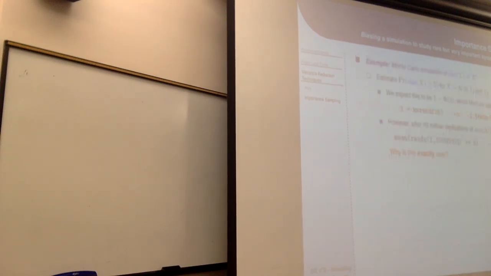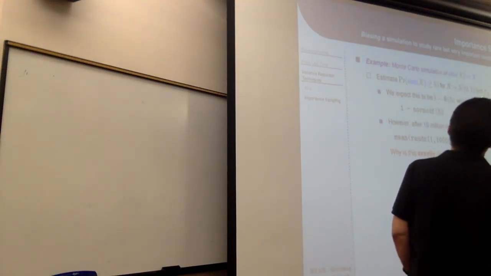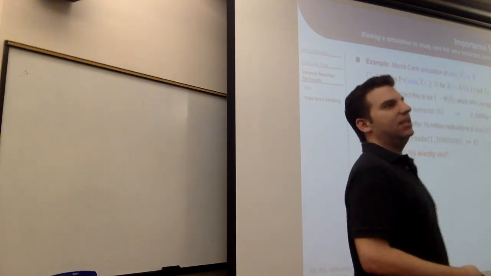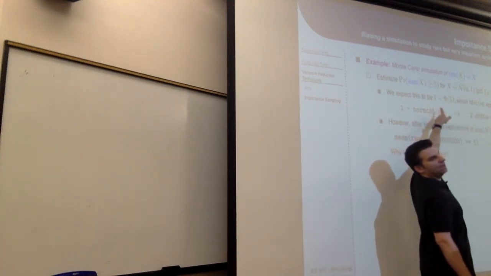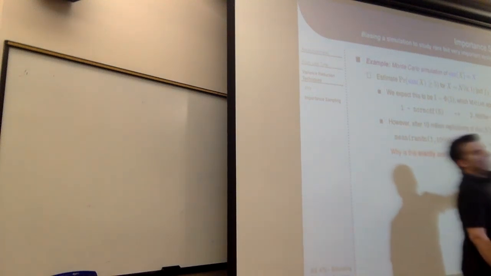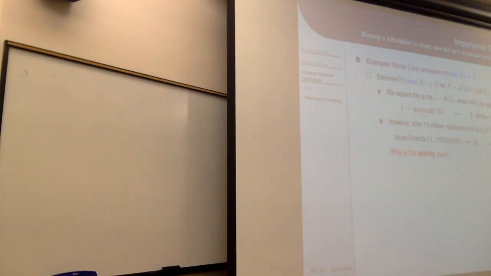So let's see that played out in a little example that's much simpler. Let's say that my simulator is trivial. It's just the identity function, so my simulator takes a random input in and spits out that random output. Under normal conditions, my random input is the standard normal distribution. I would like to know how often my simulator generates an output that's greater than or equal to 5. On a standard normal, that's 5 standard deviations away. I should have made it 6, and then it'd be 6 sigma and everybody would know that number. But it's 5, so it's almost there.